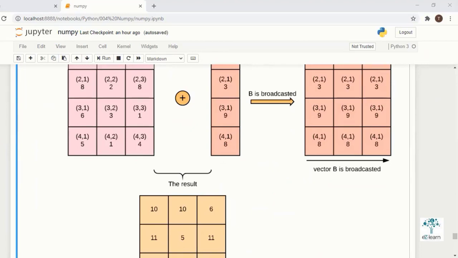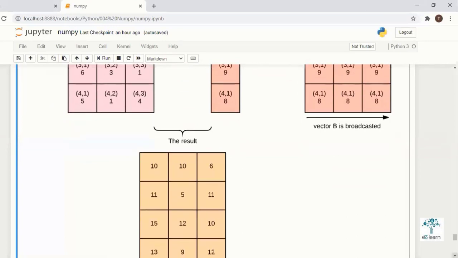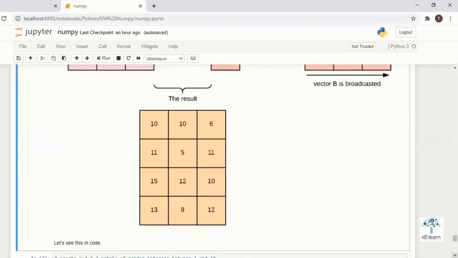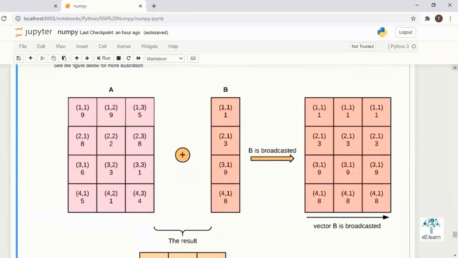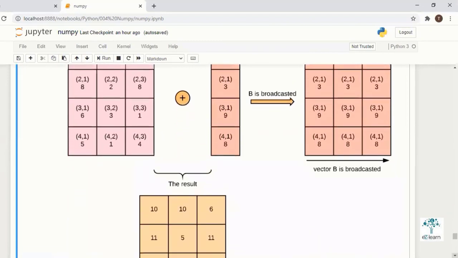In broadcasting the trailing axis is always 1. If it is a scalar, it doesn't matter, the value gets broadcast. If it is a vector, the axis size should be 1. Then only it gets broadcast.